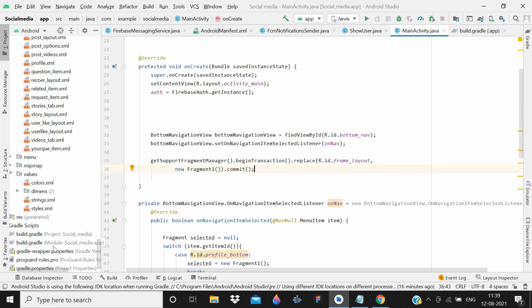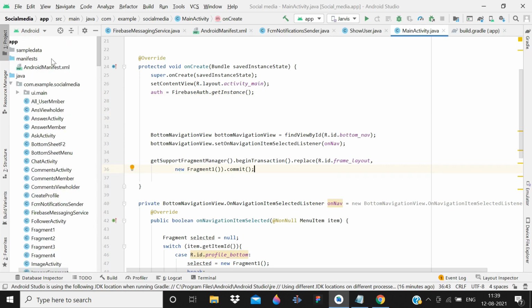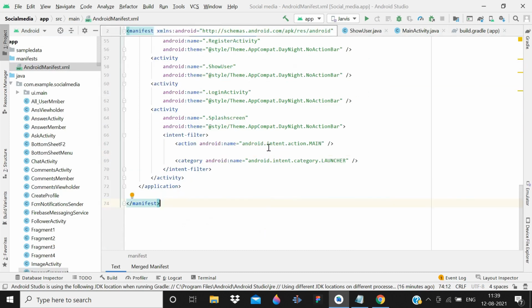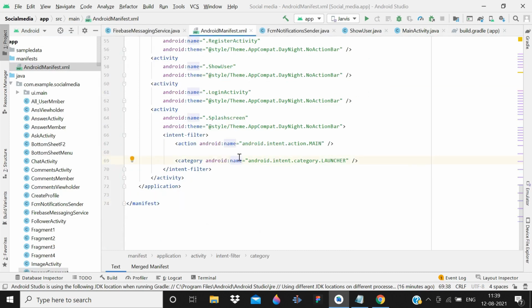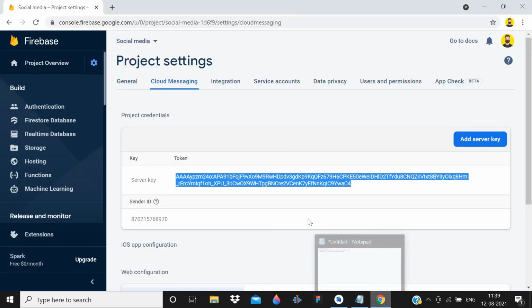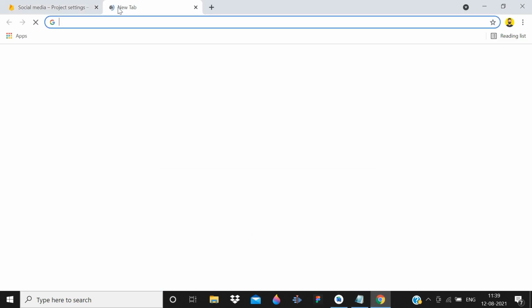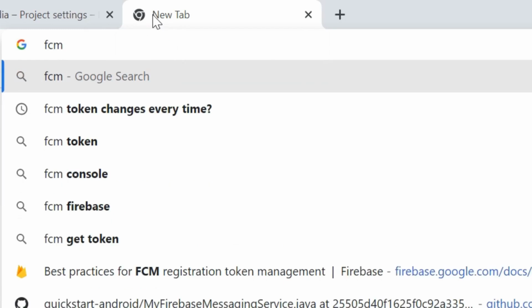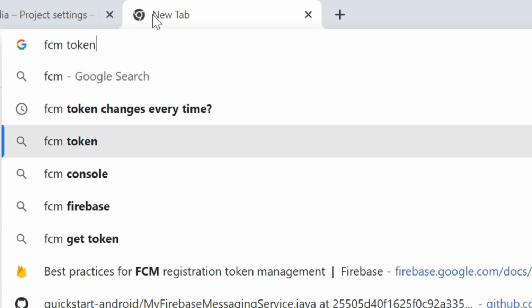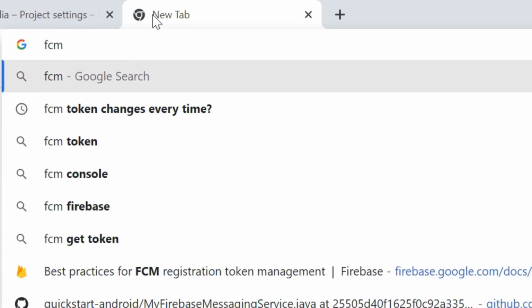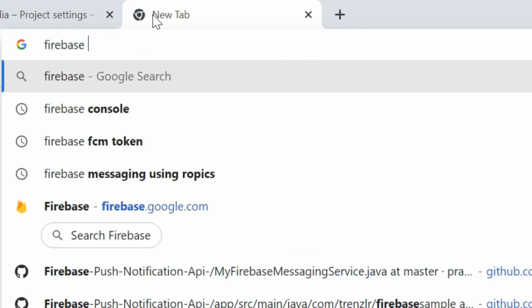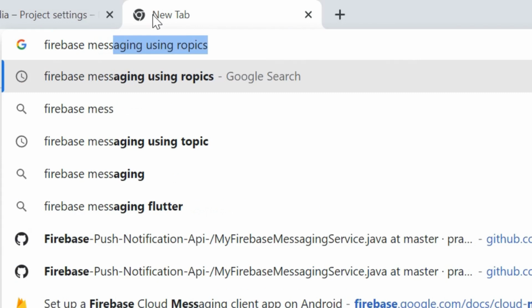Just open your manifest file, and then guys here you have to add the service, and that service is, you can search FCM Firebase messaging.